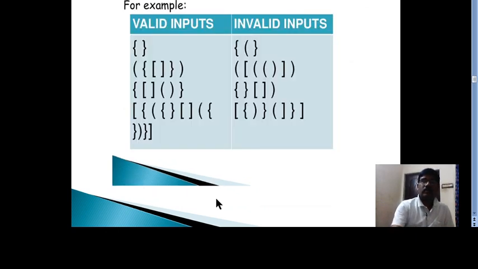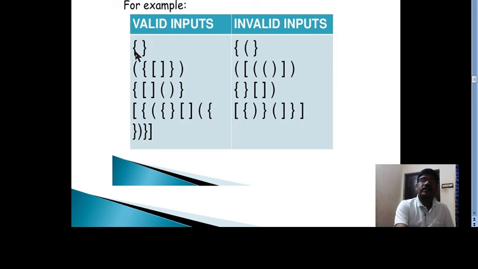If you observe here, yes, it is a valid input because the first one is inserted and the second one is deleted. When you encounter the second parenthesis, it is deleted.